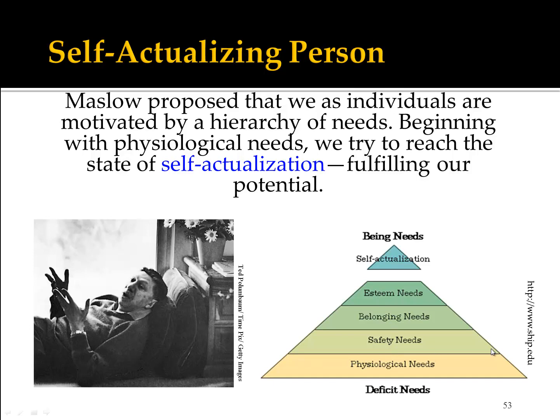From there, with the safety and security needs met, we move up to the belonging needs, and sometimes we'll refer to these as the love needs, but it's a sense of belonging, having others around us. So sometimes we might refer to them as our social needs. Going back to the caveman illustration, once I have my food, I found that nice little cave, I've got good wood for a fire, it's kind of lonely in here. It'd be nice to share my life and share this with somebody. So then I start looking out for a mate, to share my life, share the well-being that I have.